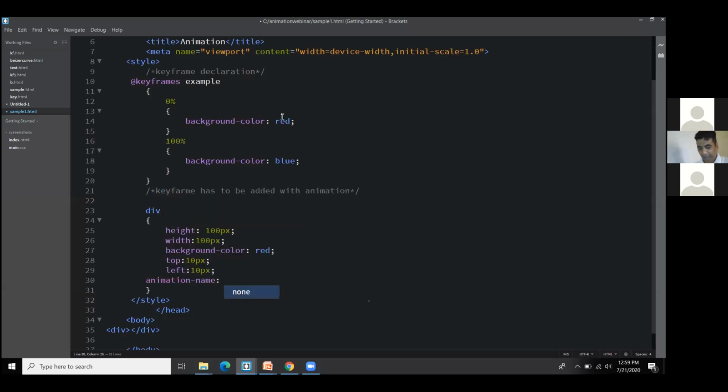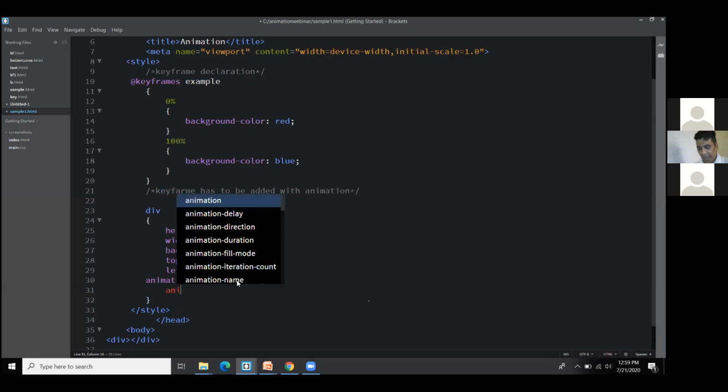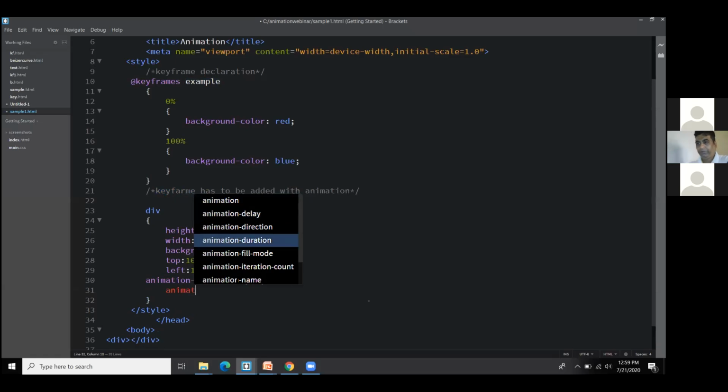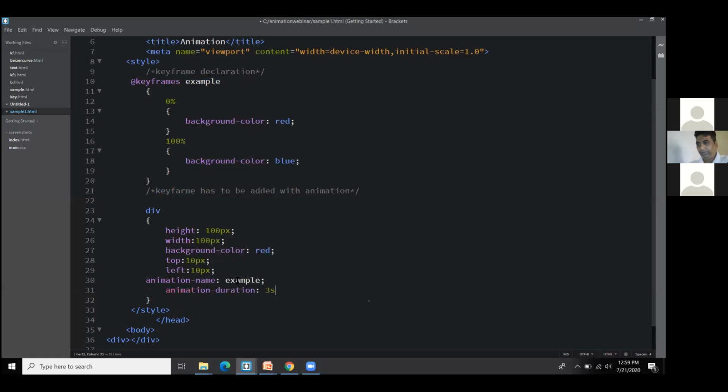What is the name? The name I have given is example. So I'm giving the same name, example, and you need to mention the duration of the animation. I'll mention the duration as 3 seconds.